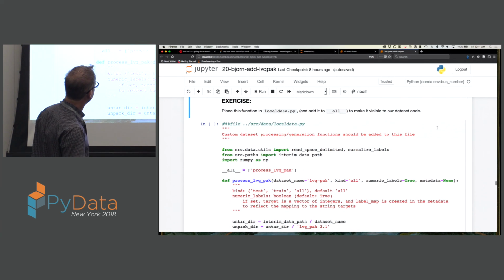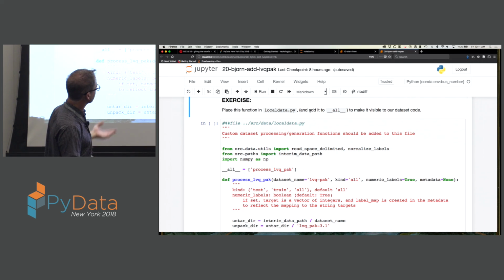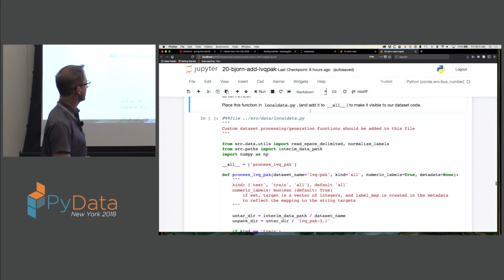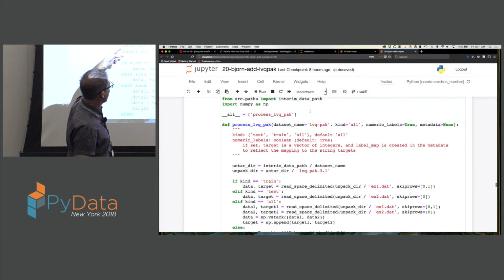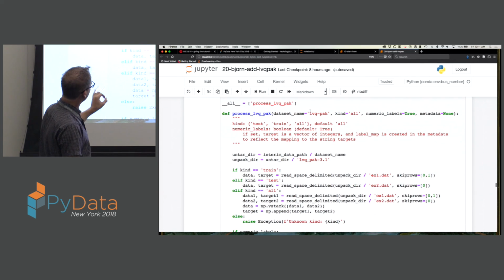And we're going to wrap it up. So this is almost exactly what I've done before. I've called this function process LVQPack. I've given it some options; kind is one of the options. That's whether I want the training set or the test set. It's going to do exactly the same stuff that I did before to get that data and the target out. But then when it's done,